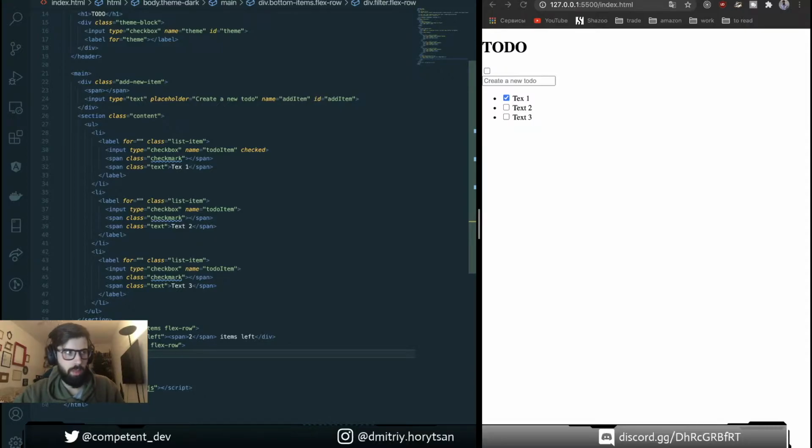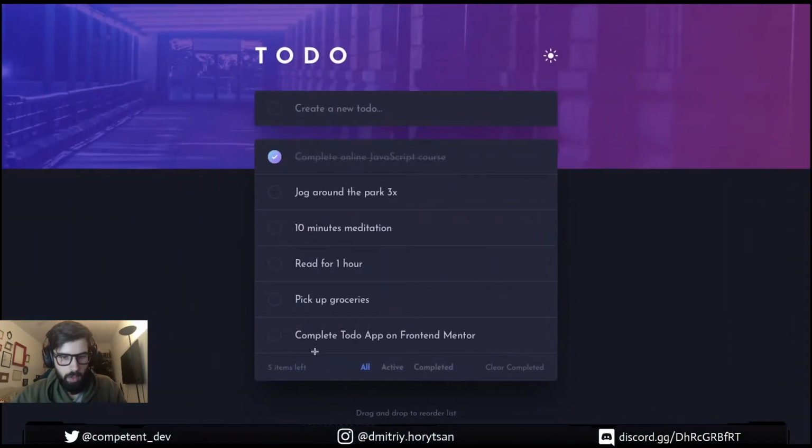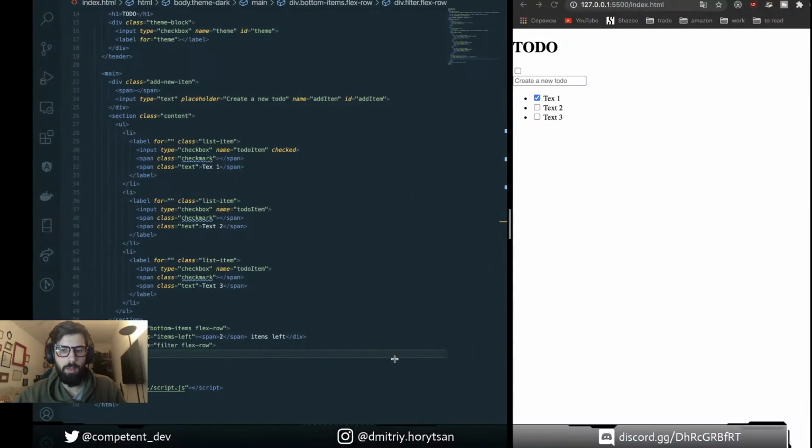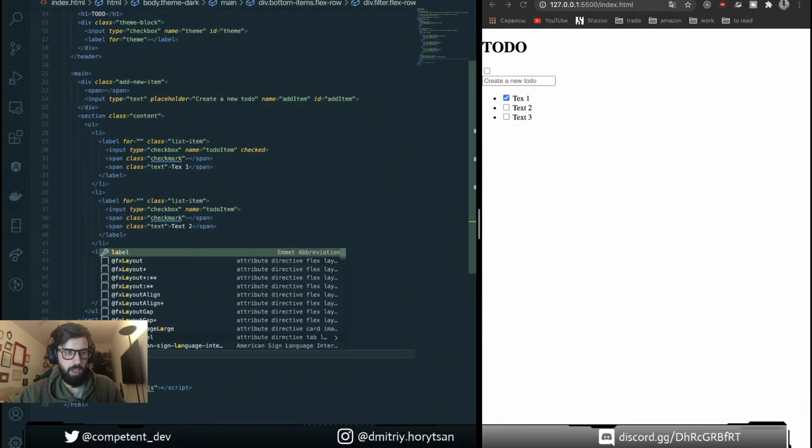Then because it's a filter, it must be an input, but it's not a checkbox, it's a radio button, so one of them is checked. Let's add them.